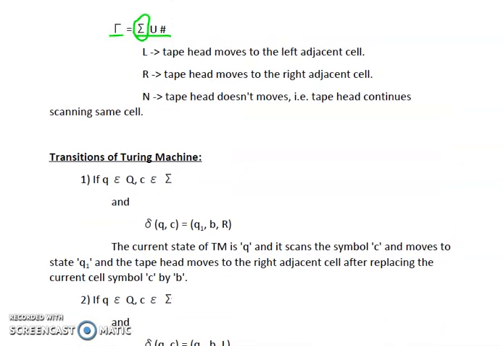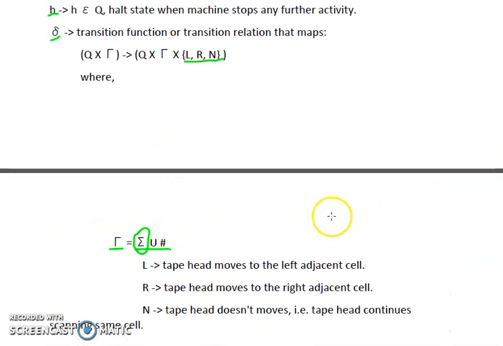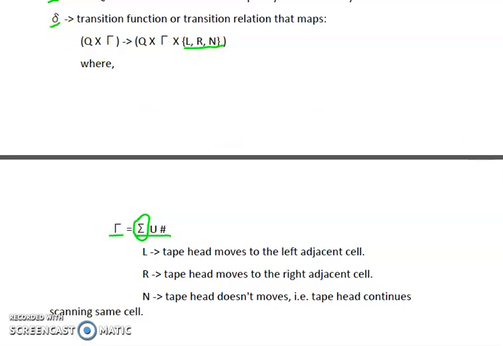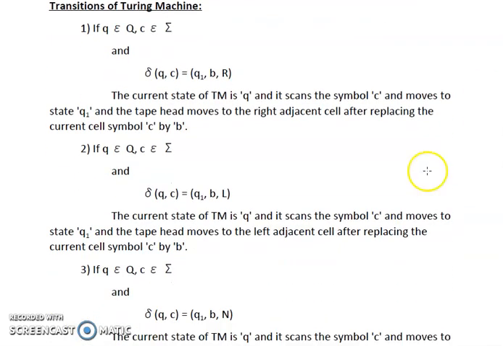So over here you can see that the delta is represented using this only. First, the Q naught, that is our state Q, is considered. Then we have considered an input symbol C from gamma. And then we are moving to Q1, that is our new state, and the symbol B from gamma, that is, we are changing the value of C to B, and the direction of the movement of the head is taken to be R, that is our right direction. So this is the generic definition,